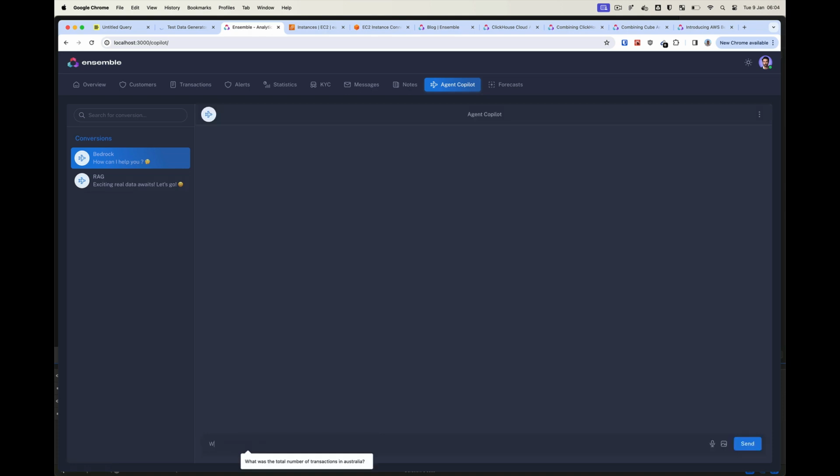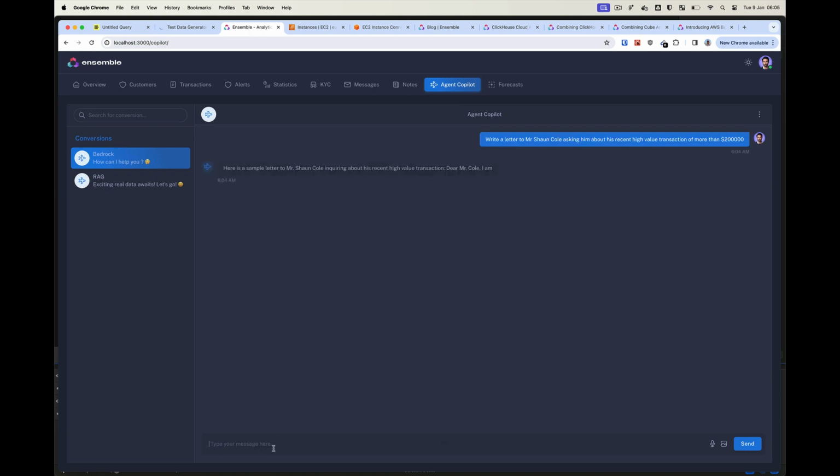So I'm now going to demonstrate a slightly different spin, and here we are going to use generative AI to support the agent in their job. I'm going to use the AWS Bedrock service, which is backed by the Anthropic LLM foundational model. And I'm going to say, can you please write me a letter to Sean Cole asking him about his recent